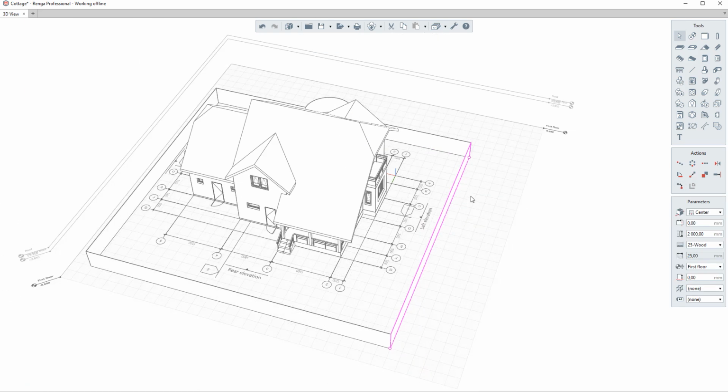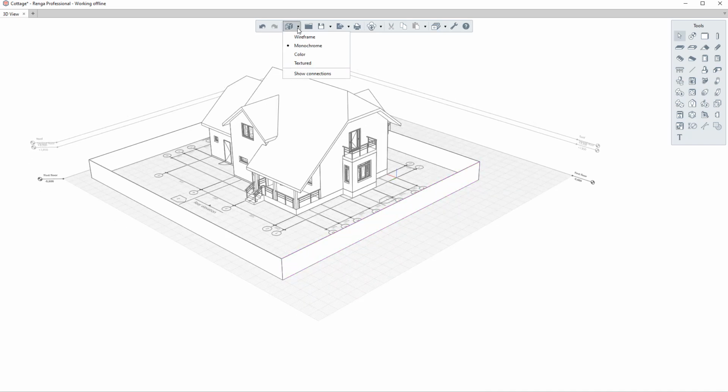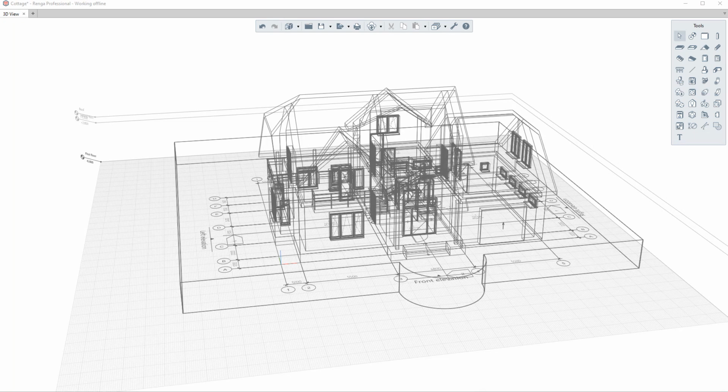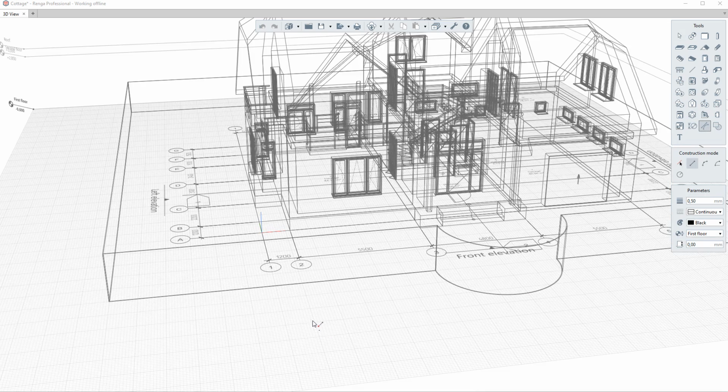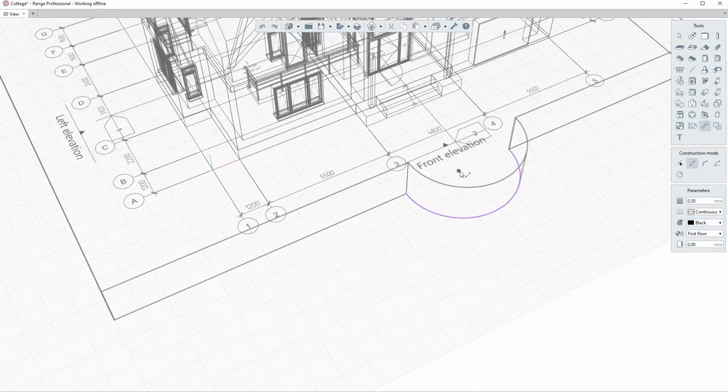Object snaps work in Renga when creating and editing objects. To demonstrate all of them, we change the visual style of the model to wireframe. The following object snaps are available. Point on the snap line. Arc center point or circle center point.